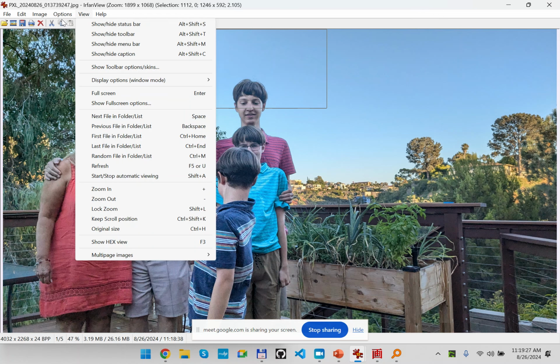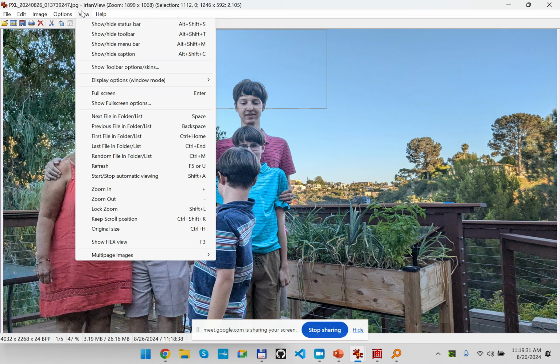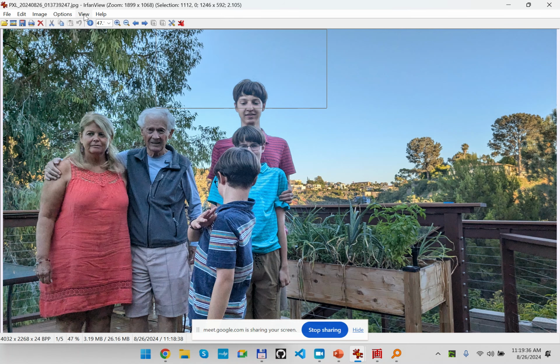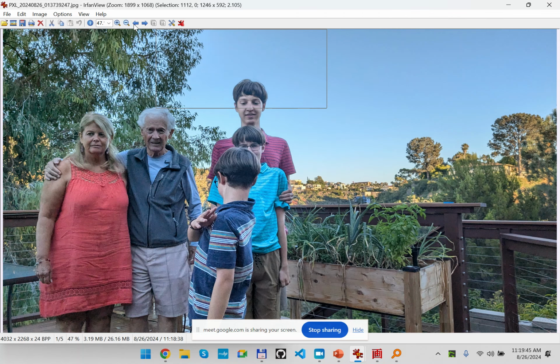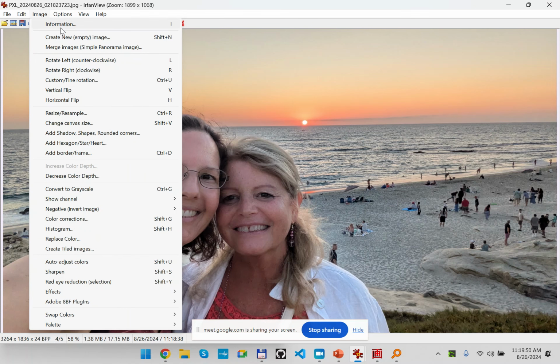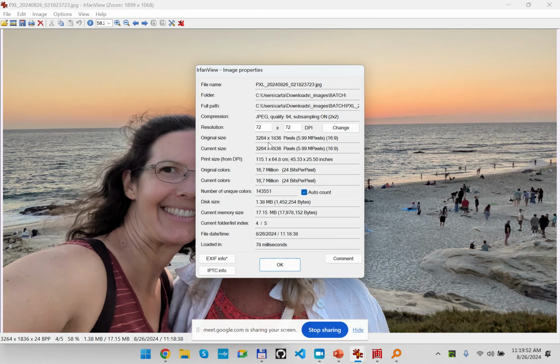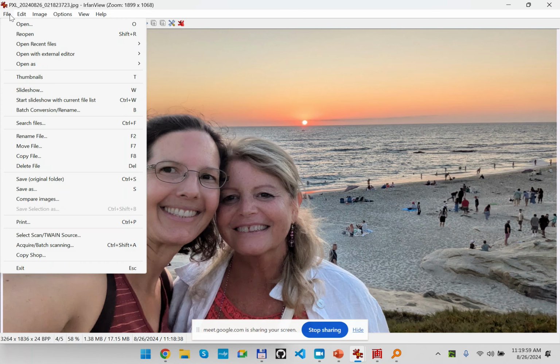sorry, View, options, information, multi-page image information. So we can see these are all 4,000 by 2,200. If I go here, options, image, information, these are different resolutions, but if they're the same resolution, what you can do is you can say file,